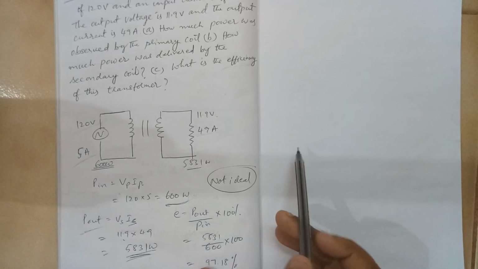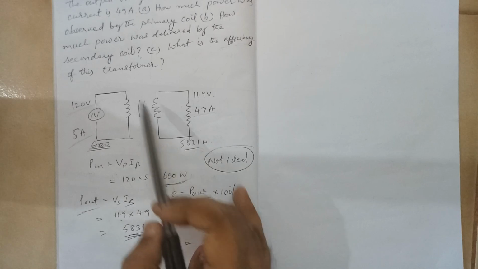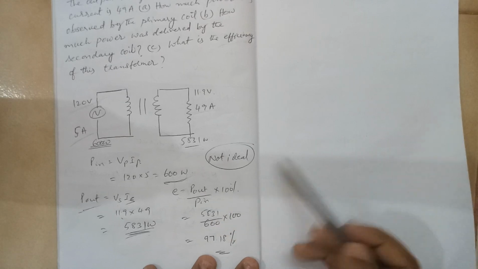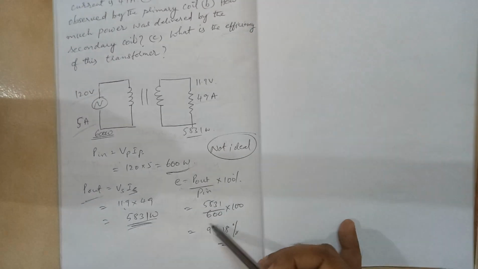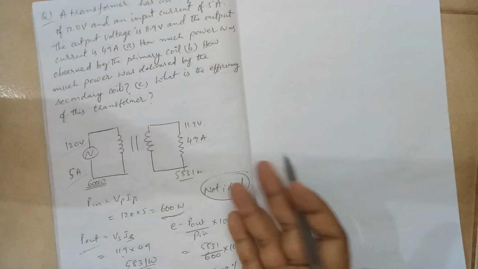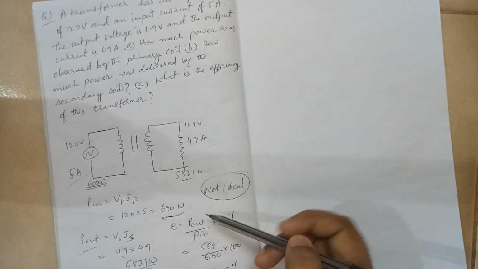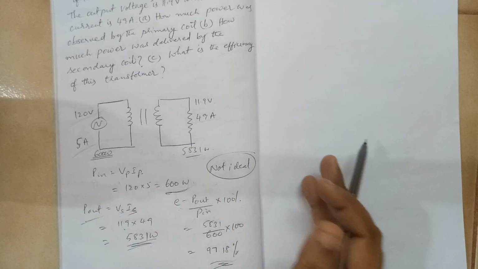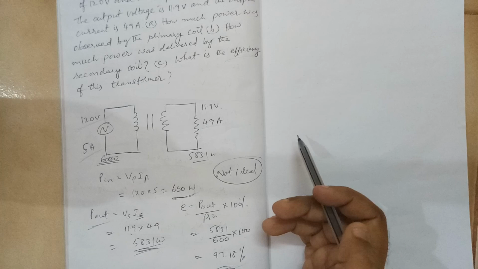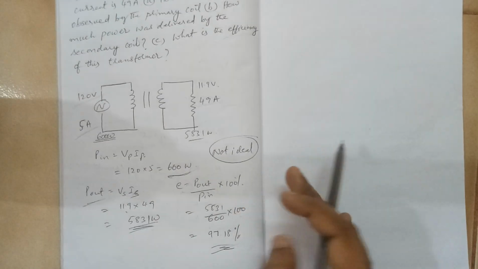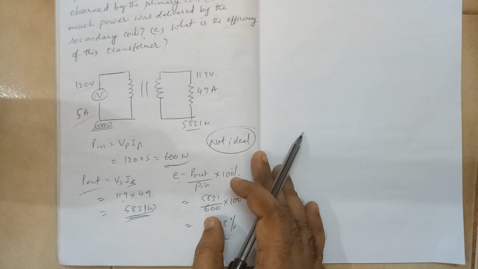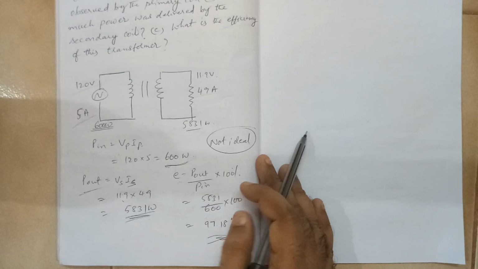So in this situation, the last question is asking what is the efficiency of the transformer. Efficiency is defined as output by input into 100. So it is 583 by 600 into 100, and you are getting 97%. That means had both been equal, the efficiency would have been 100%. Since it is not, there must be some losses in between. That is why the power output has fallen down. If it is 99%, 99.5%, it's a good transformer. Even 96, 97% efficiency is not considered a very good value.